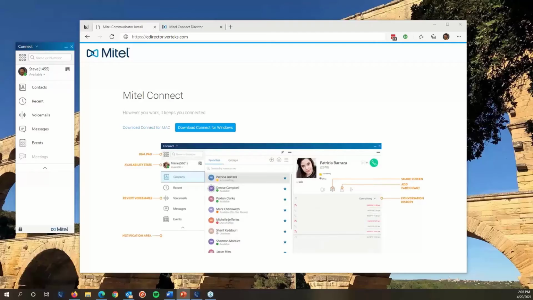All right, and the first thing I'd like to point out, in a lot of environments, the network administrator may have automatically deployed the software to all the users' computers, and so you may already have it installed. If you don't have it installed, the easiest place to find it is to navigate to your Mitel Connect server, the server that runs your phone system, the HQ server, if you're familiar with that term. In our case, that is